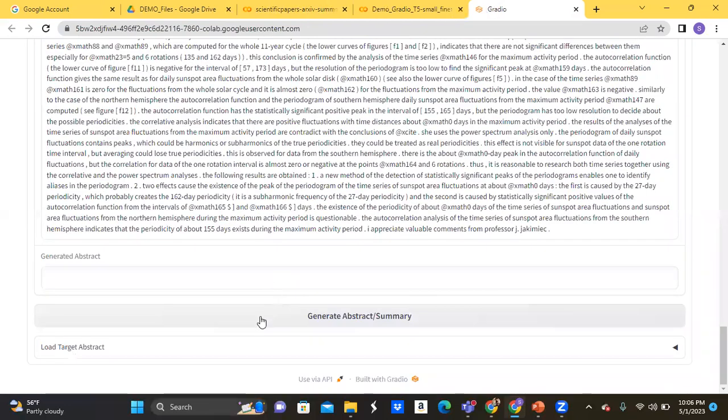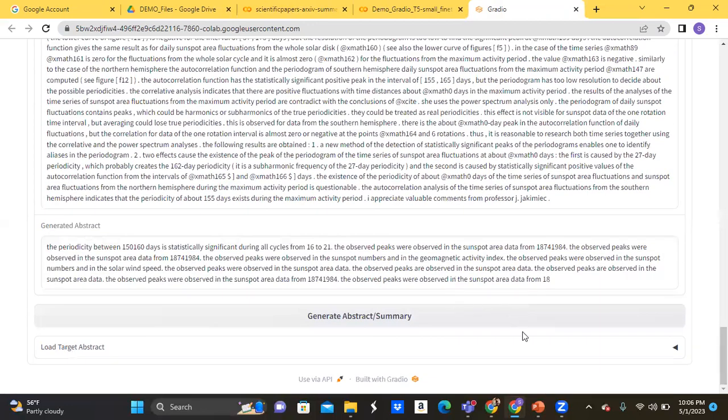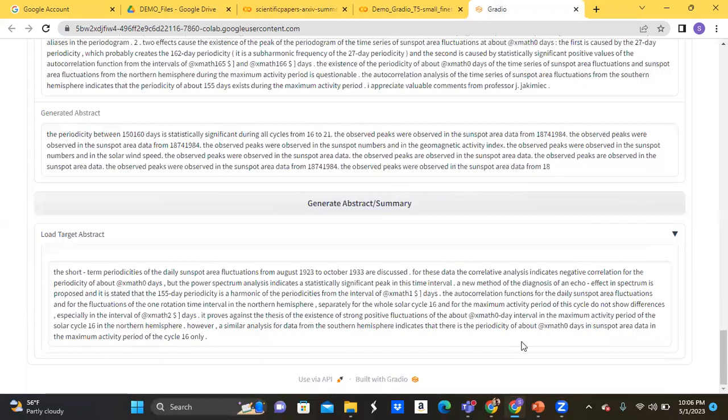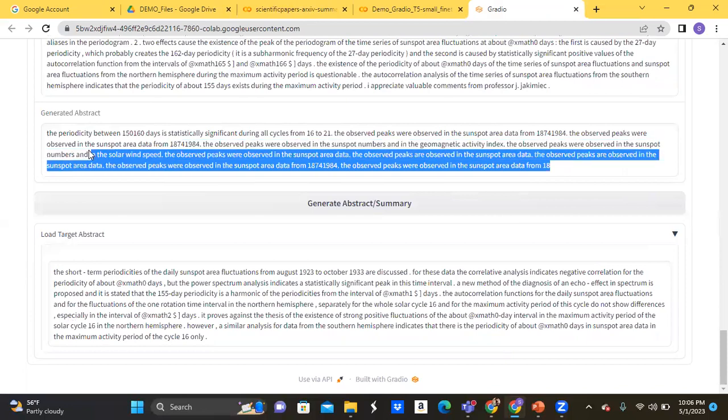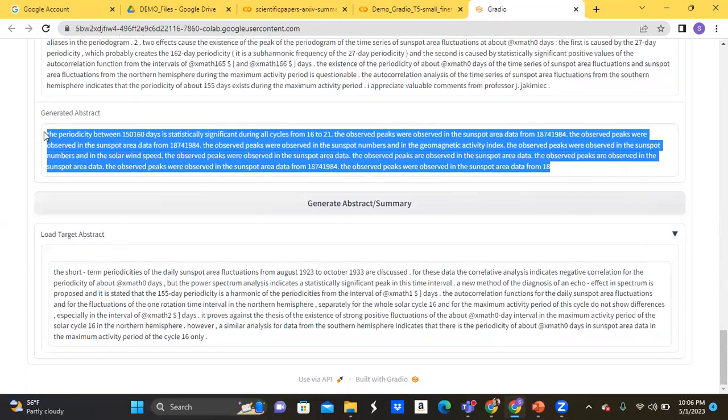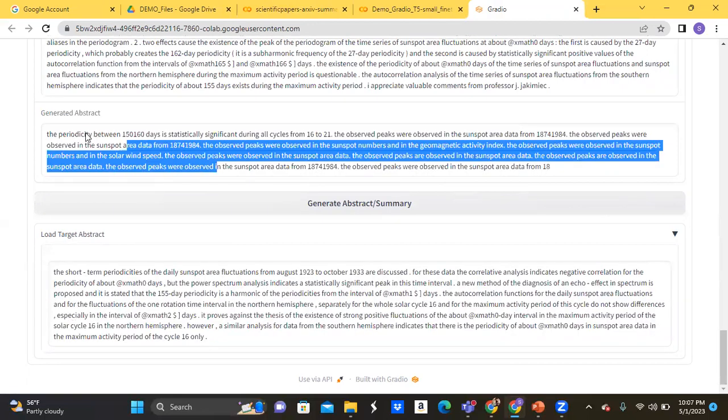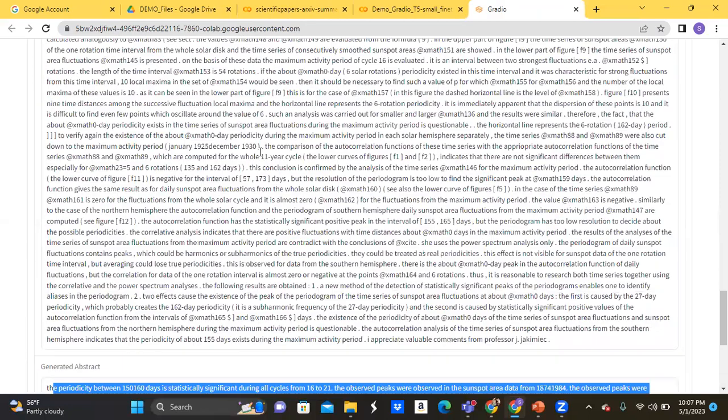This also gives the target summary. We do have the target summary, and we do have the generate button. Let's generate. It will take at least 8 seconds to generate. Oh, it is taking more time. See, the target is like this, and whatever we have generated is this one, which is clearly seen to be better than the model that has already been done. So our generated summary is this one, right? Even we can try